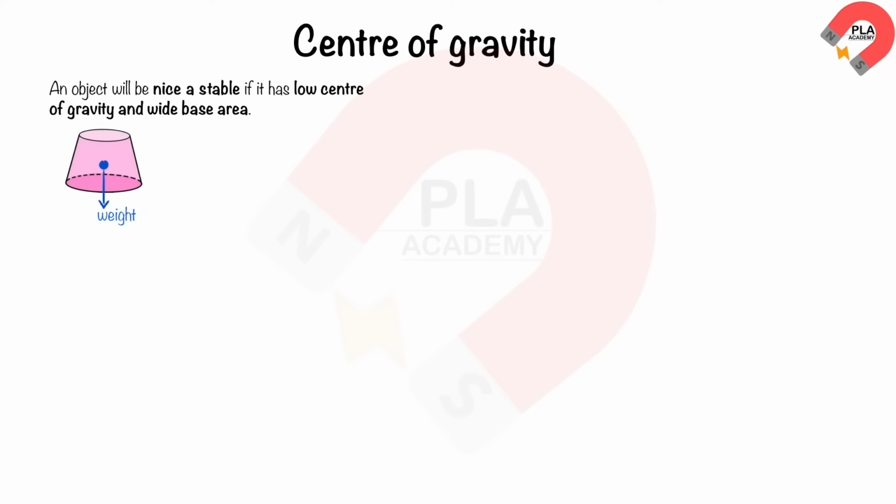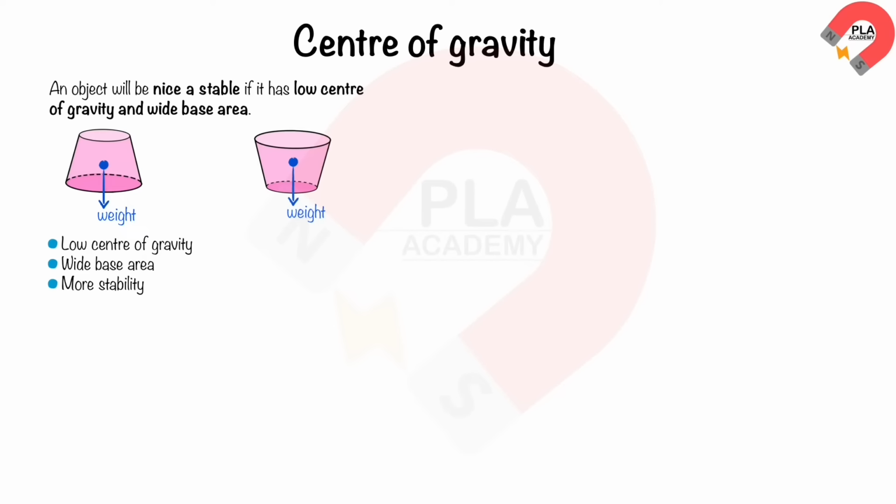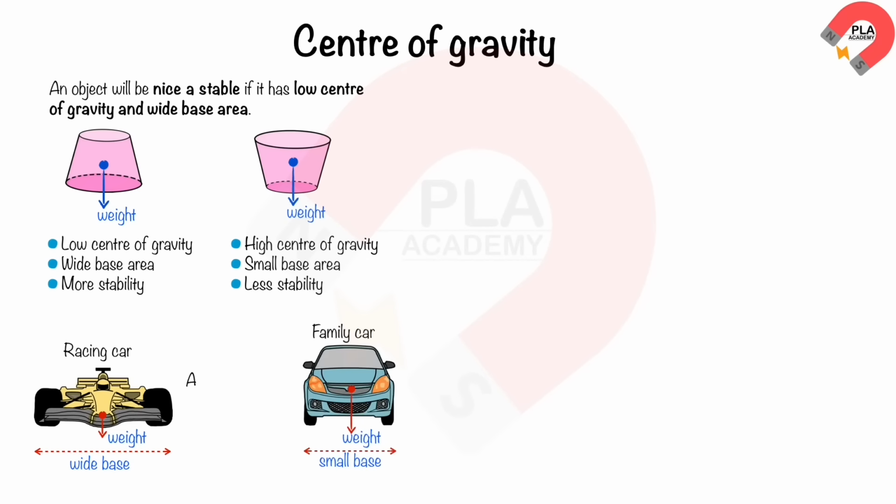For example, a conical frustum placed with its wider base on the ground is more stable than when flipped upside down. In the first case, the center of gravity is lower and the base area is wider, so more stability. In the second case, the center of gravity is higher and the base area is smaller, so less stability. A racing car has a lower center of gravity and wider base area than the family car, so the racing car is more